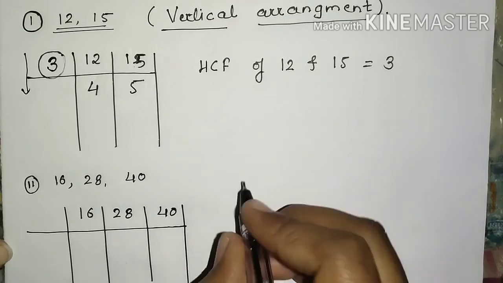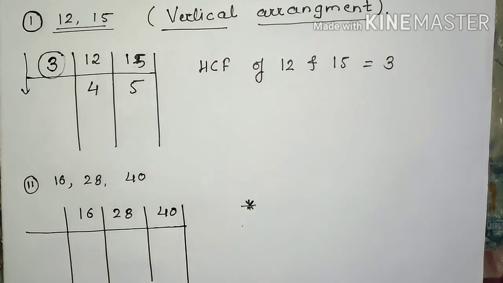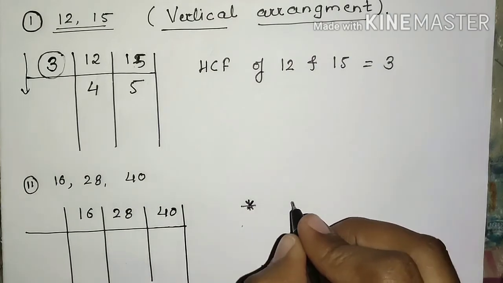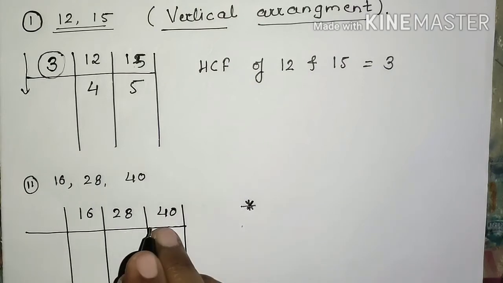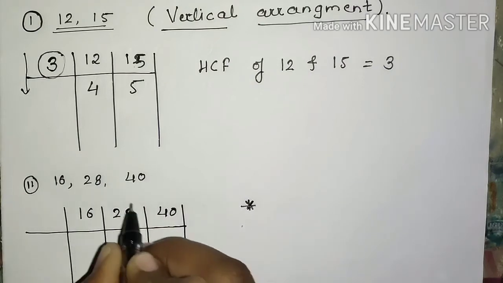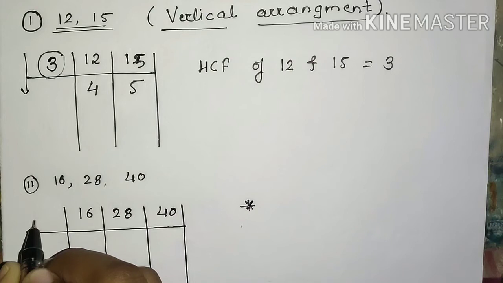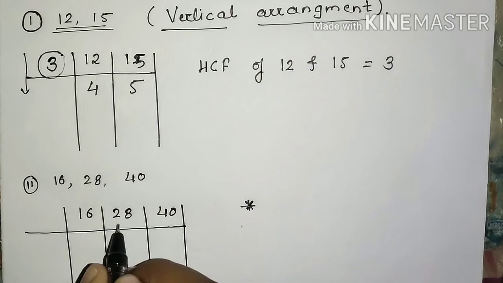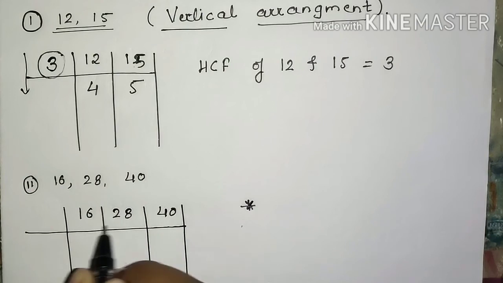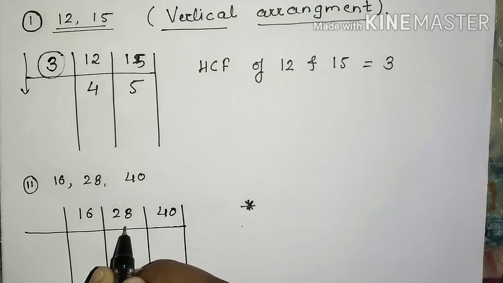3 numbers. Now remember one thing: if there is a number which does not divide all 3 numbers but divides any 2 numbers, then in that case we can consider that number. That means we can take a number which is going to divide at least 2 numbers. If 2 numbers are divisible by the same number, we take it, and the third remaining number we keep as it is.